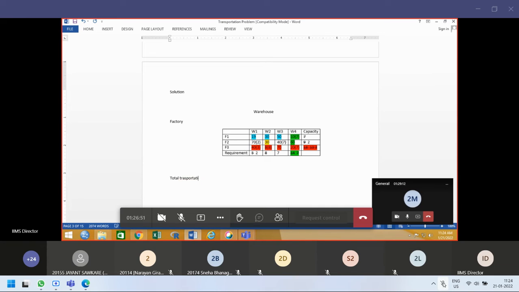Total transportation cost is, come on, tell me, 70 multiplied by 2, am I right? Plus 40 multiplied by 3, allocation only we have to consider, plus 40 multiplied by 7, plus 8 multiplied by 8,